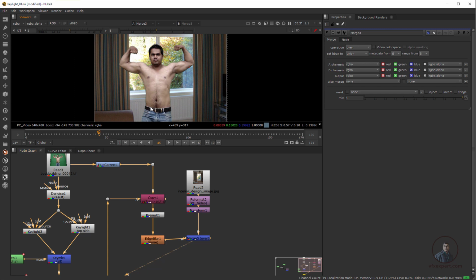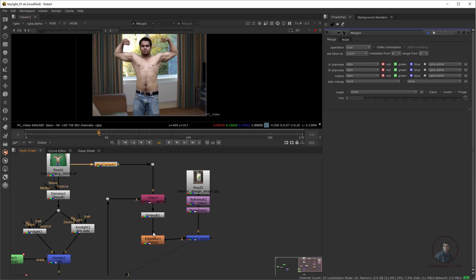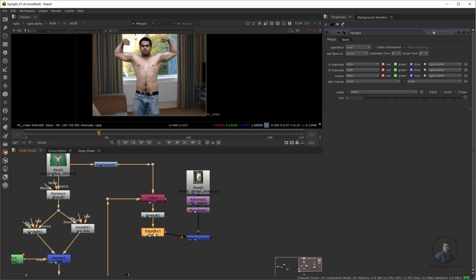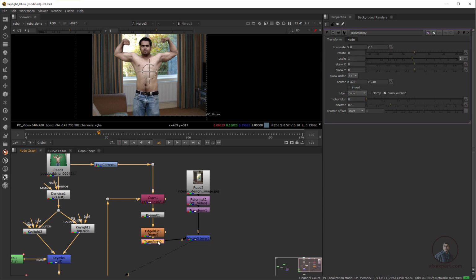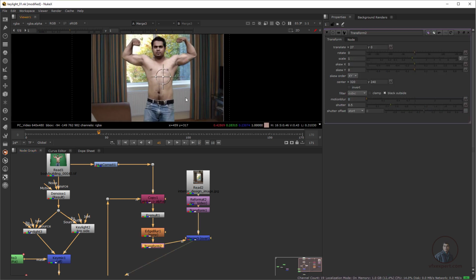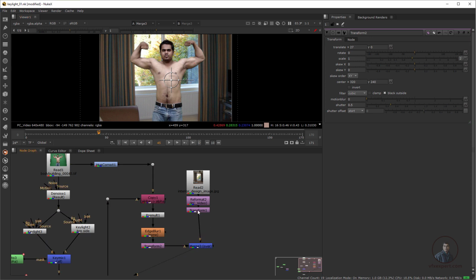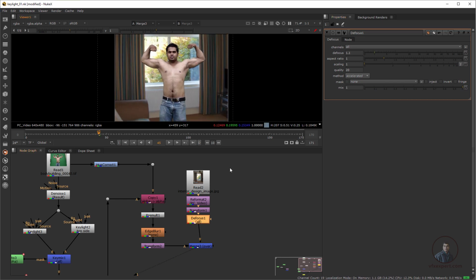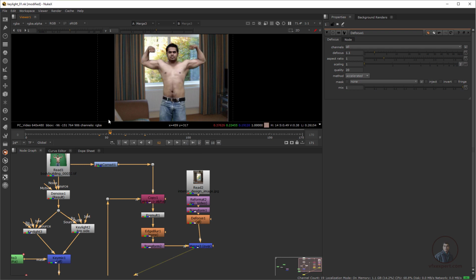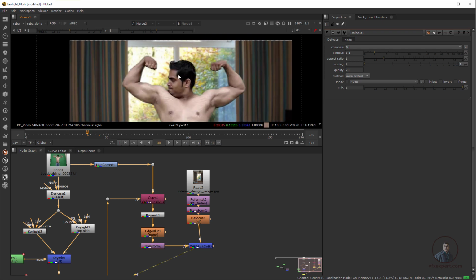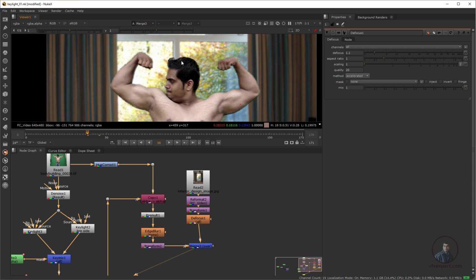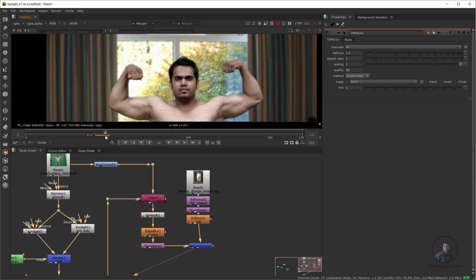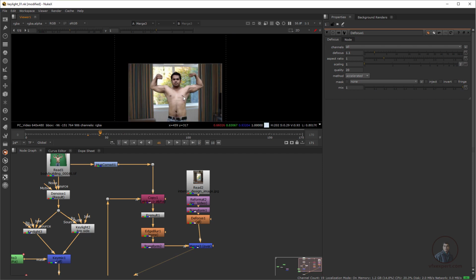Then if you want to adjust your character position, take a Transform node, so just press T. I think this is looking good here, the remaining things you can adjust. Then take a Defocus node, press Tab and adjust the value a little bit. Now you can see this is looking good, and we just have to focus a little bit here. Everything I have maintained here, but I think there are some problems here, so we have to correct it.